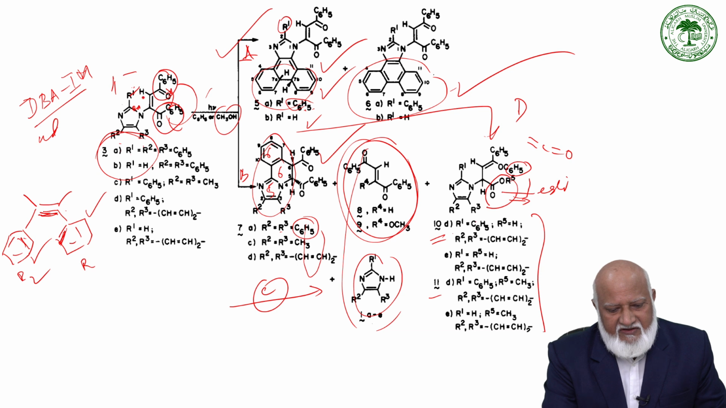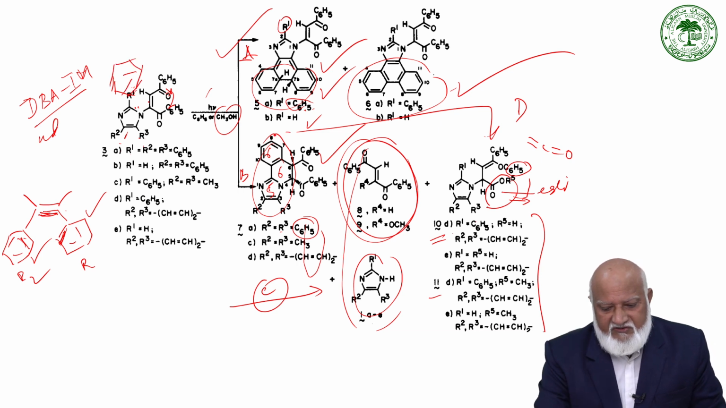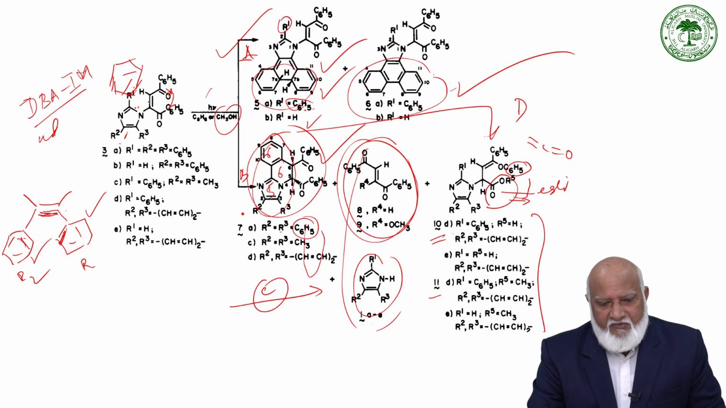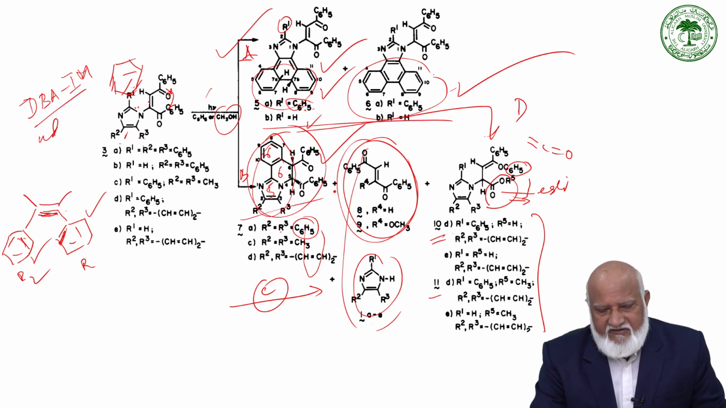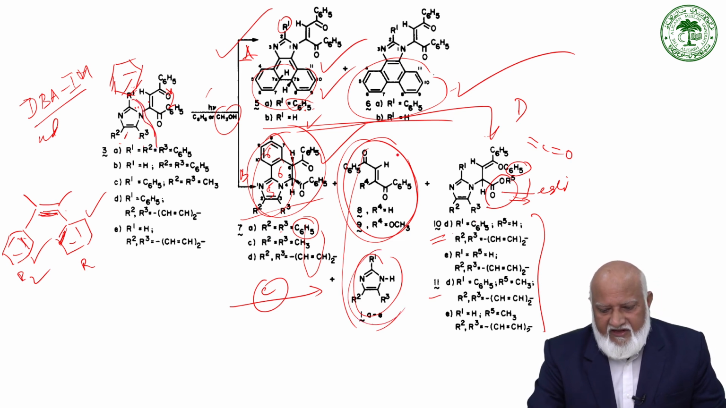The other pathway is when the aryl group is a phenyl group, then it also undergoes 6 pi electron cyclization via the incorporation of the 2 lone pair of nitrogen, 1 double bond, and another double bond of the phenyl group. So 6 pi electron cyclization gives this, the second photo product. The third pathway is the cleavage of this imidazole ring and the dibenzoyl